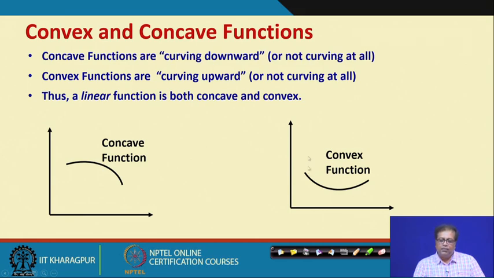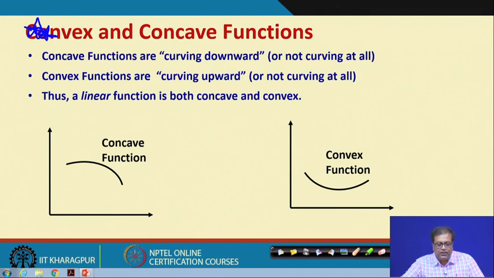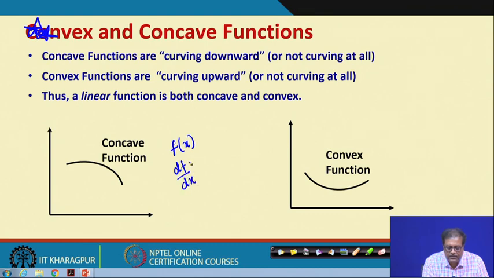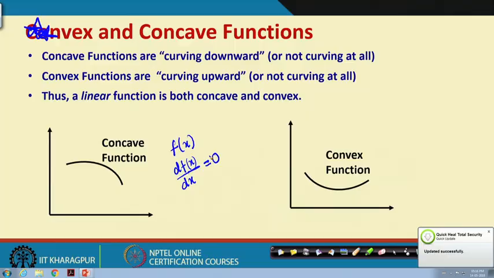You cannot have a maximum value for the convex function by differential method. So, what is the differential method? Let us see that. Suppose we have the function f(x), and we find df(x)/dx, that is the gradient. The method is that we put the gradient equal to 0, to find the optimal,